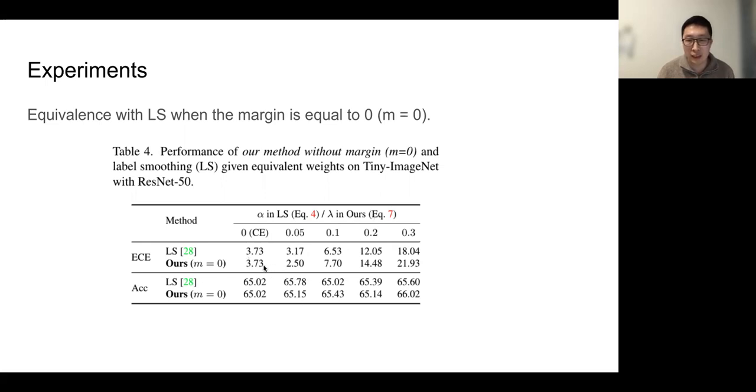It shows that the trend of the performance is consistent, and they get very similar calibration performance. So this further validates our insight that label smoothing is approximately equal to adding a soft penalty of the equal constraints when we set the margin equal to 0.